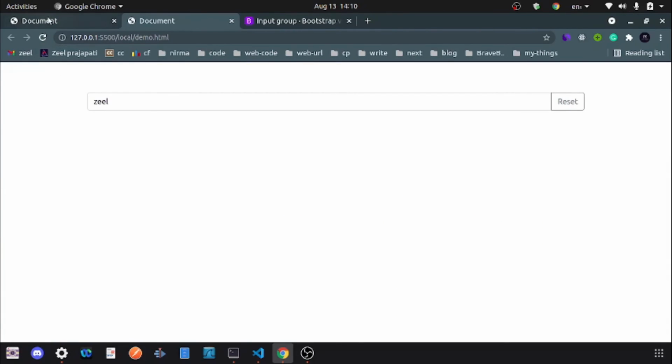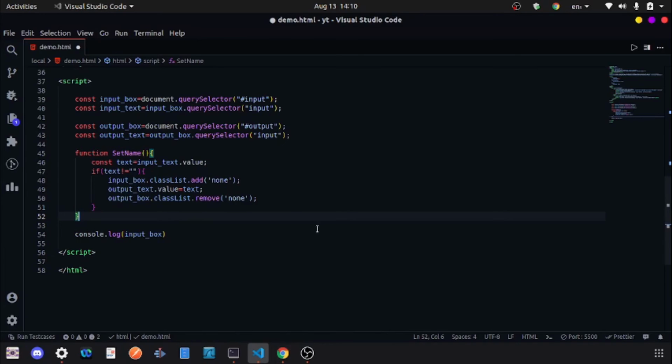Now here is one problem. If we click on reset, you can see that now I enter. You can assume that here the user is logging in to some website, and the user stays logged in until the website URL is refreshed, and if the URL is refreshed, then the user becomes signed out. So we have to fix this.